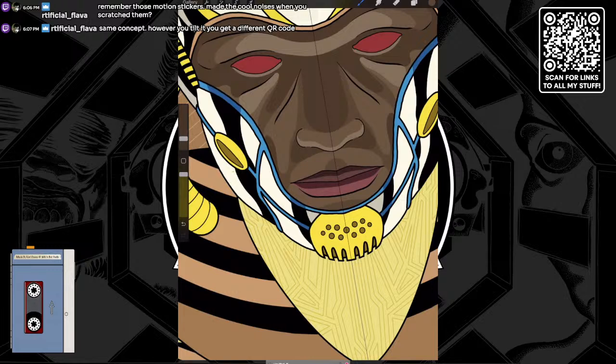So I always thought QR codes were a neat idea, but I remember they got real hot for a little bit, and then nobody was using them, and now people are using them again. I don't remember anything specifically happening. I just remember that they seem to go away for a little bit. And now I think people have realized, no, there's a good use for them. You know? Let's do this.